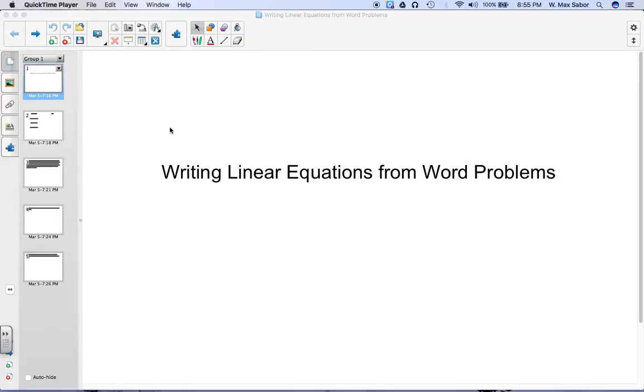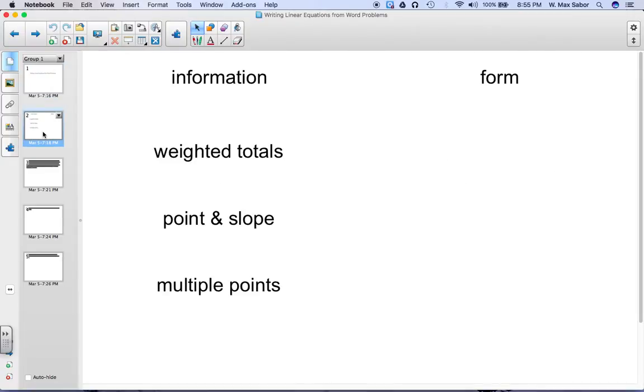Today we're going to review how to write linear equations from word problems. There are three main types of information that we could be given in order to figure out a linear equation. One is if we're given weighted totals. So weighted totals being there are two things that are being weighted by some values, some rates, and they add up to a total. And that is going to be standard form,